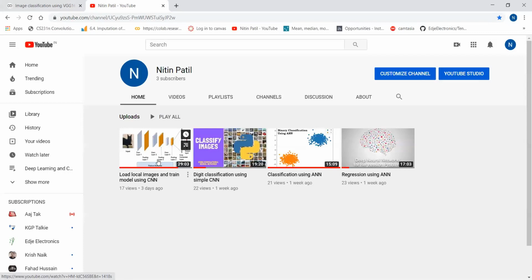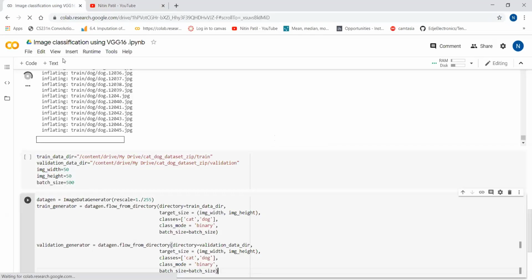I have already shown how we can read the local images and classify using a CNN model. Still extraction is going on. It is taking more time because there are lots of images.